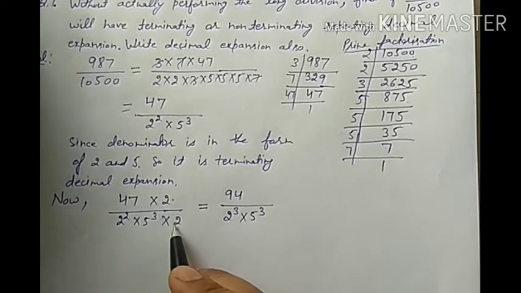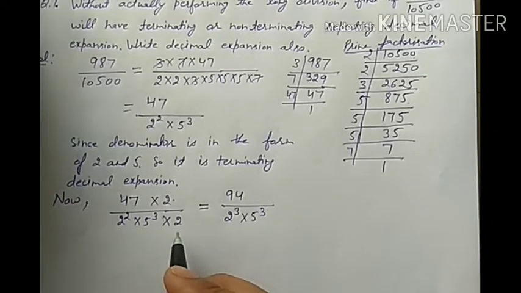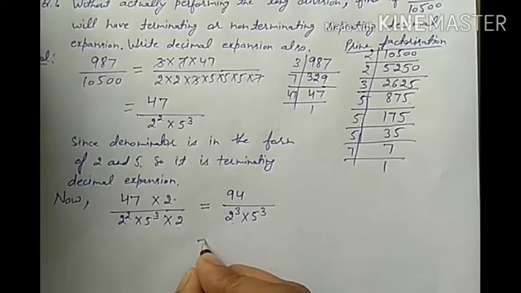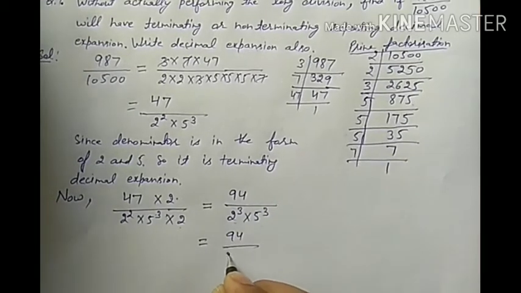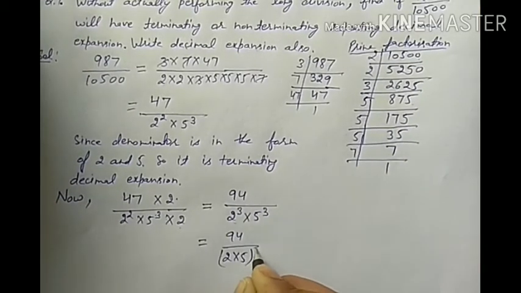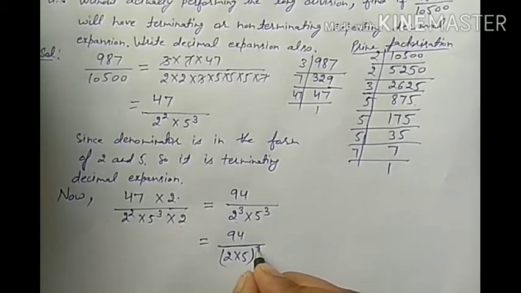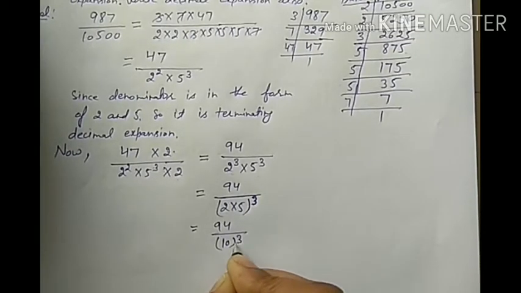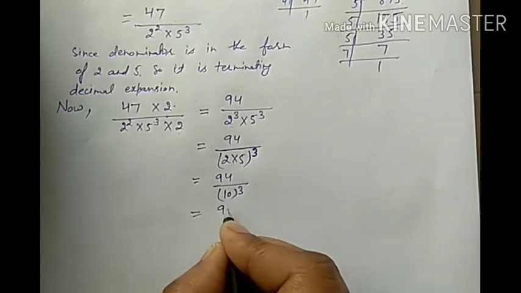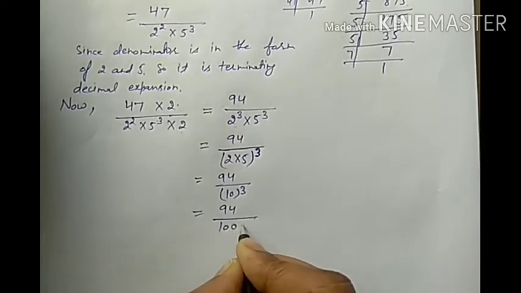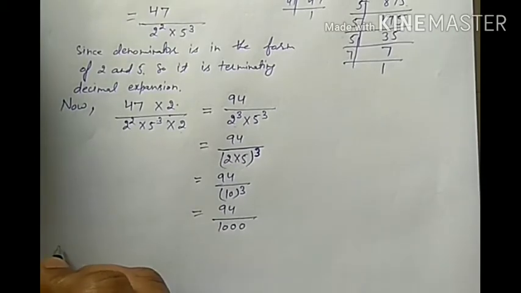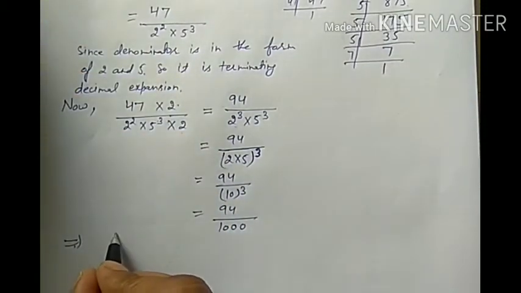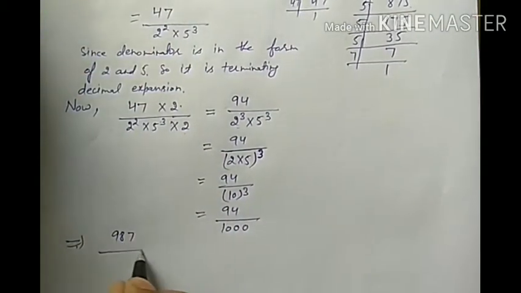Why are we multiplying by 2 in numerator and denominator? Because if we multiply by 2, then we get the same power of 2 and 5, and that will be equal to 2 into 5 raised to power 3, by the law of exponents and power. So 94 over 10 raised to power 3, and 10 raised to power 3 means 3 zeros in the denominator, and it implies that we can write directly